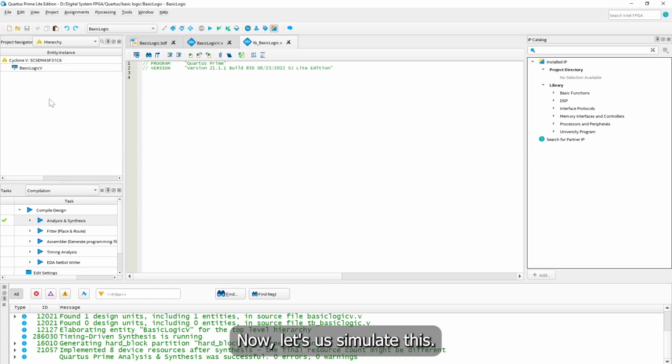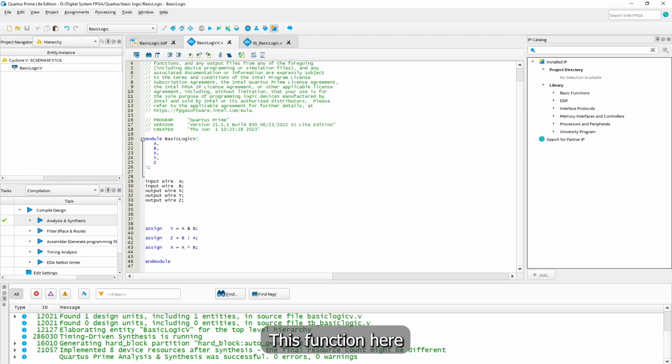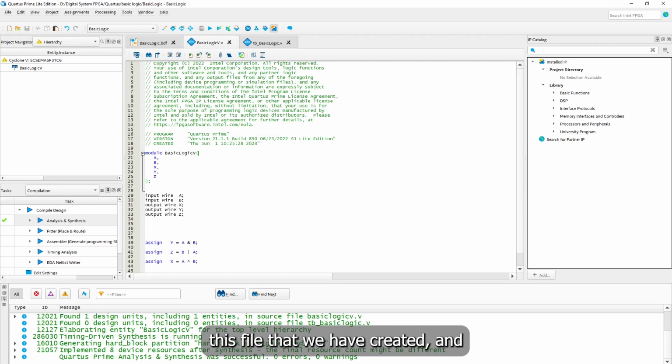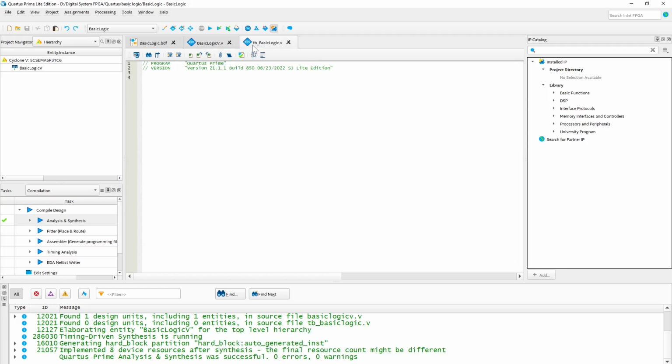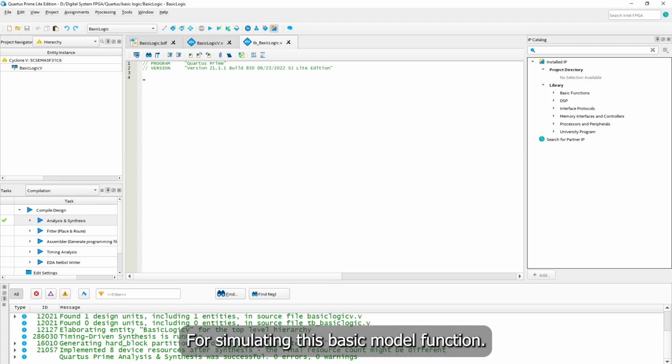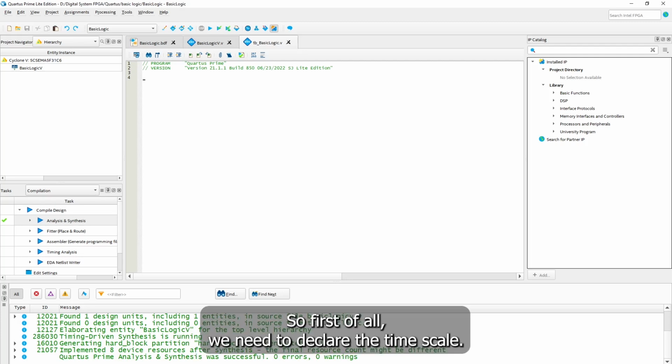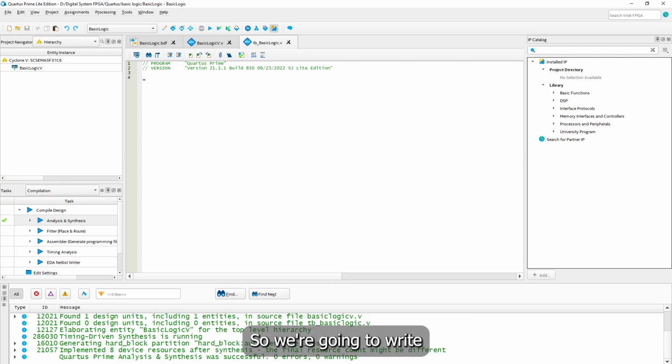Now let's also simulate this function, this file that we have created. We're going to write the test bench file, coding it for simulating the basic module function. So first of all, we need to declare the timescale. So we're going to write